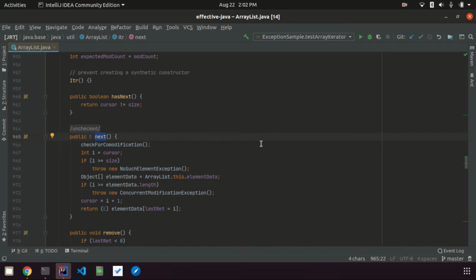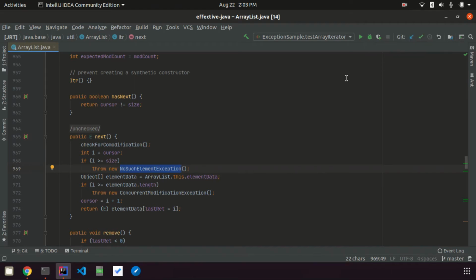And in these cases, if next is called and for some reason he is going out of range, then it can throw an unchecked exception. So as we saw, we need to avoid throwing unnecessary checked exceptions, and when we are throwing them, we need to be very clear when and how the user will handle these checked exceptions.